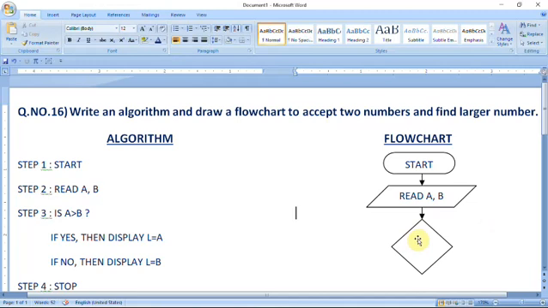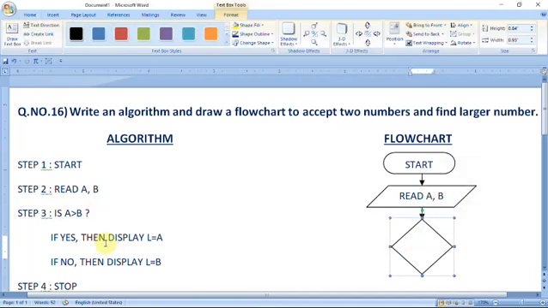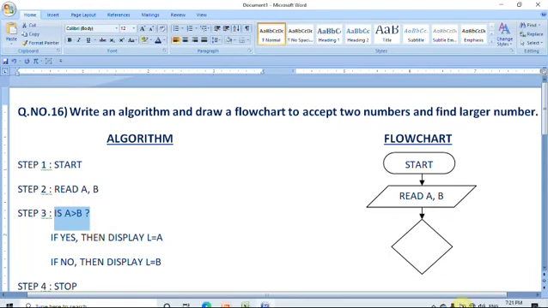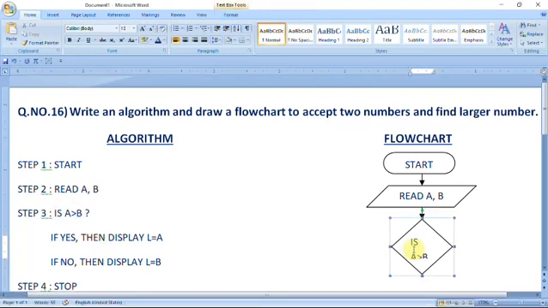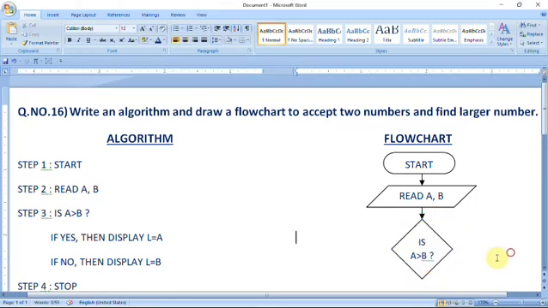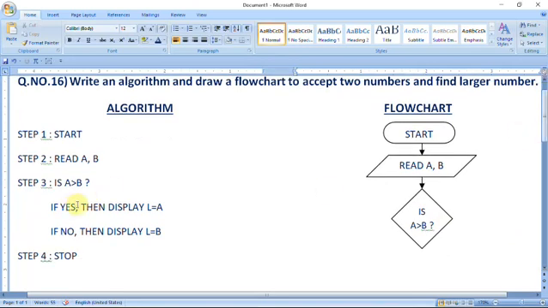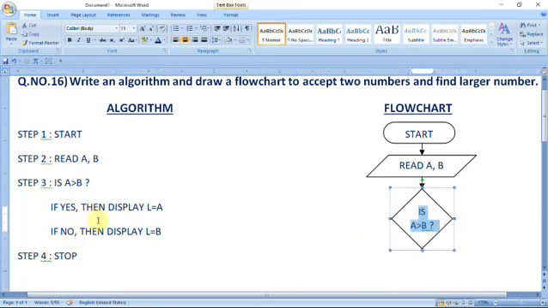And here I have to give the same thing, a text, Ctrl plus C. I want to press Ctrl plus V. So this way you can, and this is called the diamond symbol. This is called decision making, and it gives two results. Here you can see yes or no, because we have given here a decision making step, so it evaluates two results.